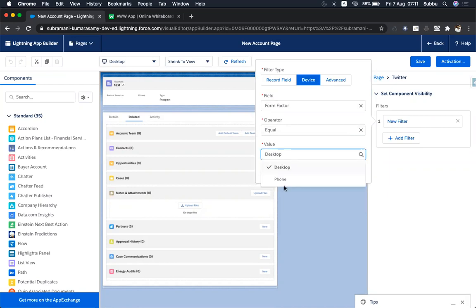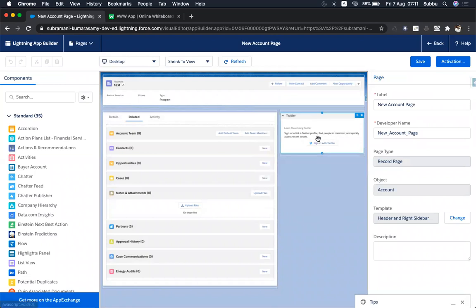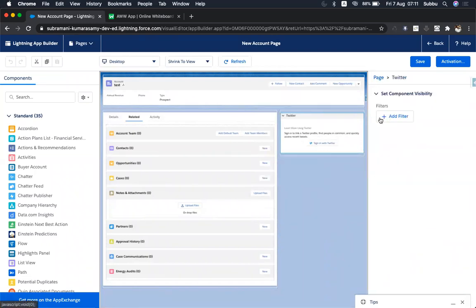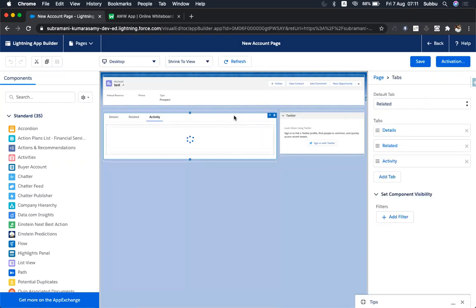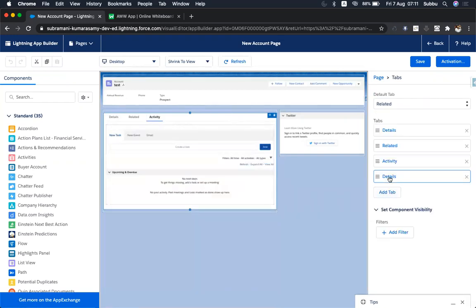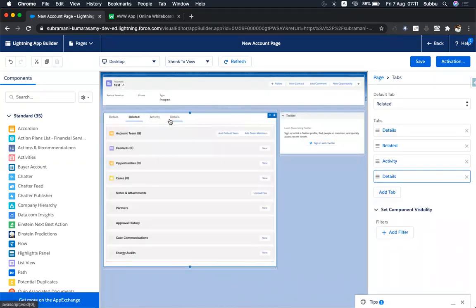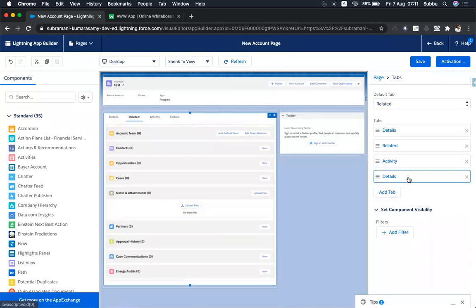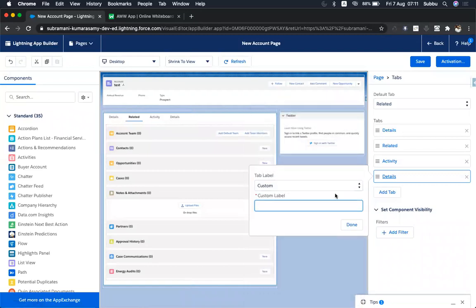If the device is desktop or mobile, if it is mobile, I don't want to display this component. You can add filters like that. So there are a number of filters you can add, and you can show and hide the components, and you can also create tabs. See here, if you want to add a new tab, yes, you can add it. See here, we have another tab, details. If you want to customize the name, click on custom and you can name it test demo.